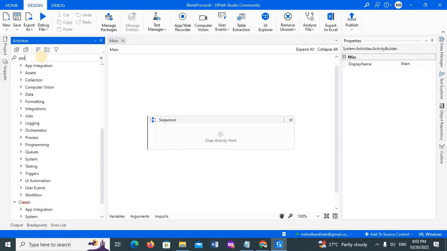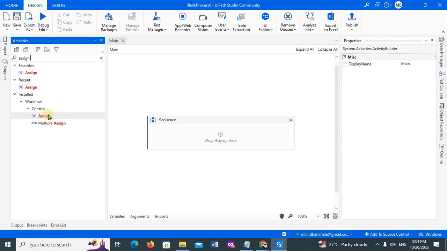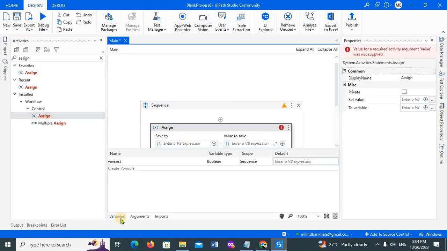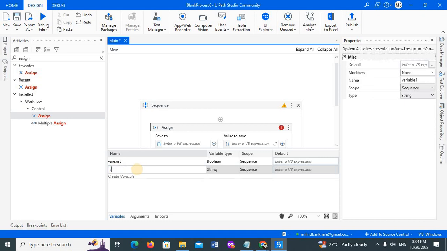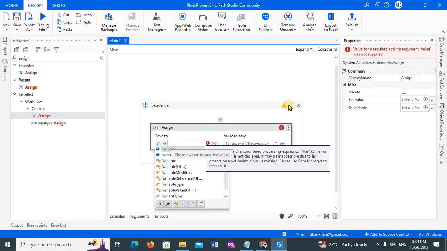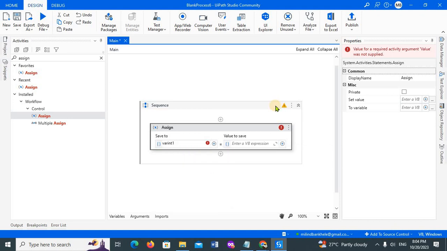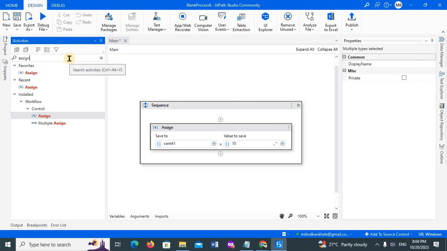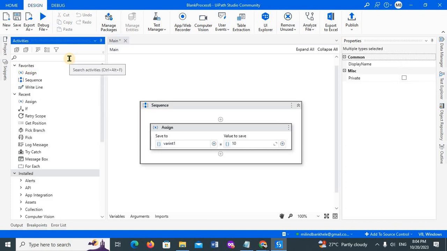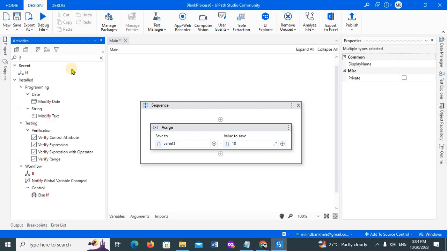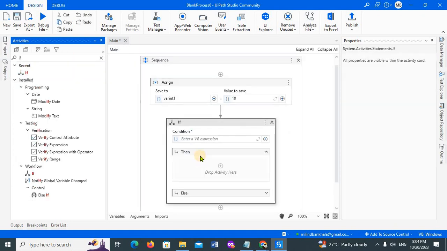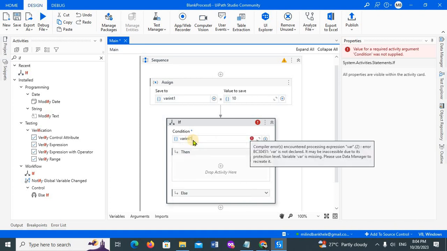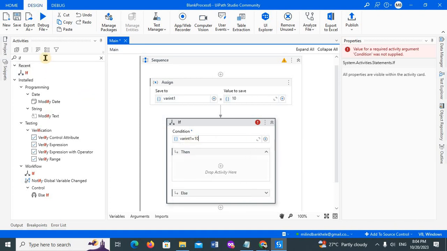For example, I'll take a simple example here. If I have one assign activity, and here I'll just create one variable, where int 1 is an integer, and I'll just mention that where int 1 is equal to 10. For example, this is my use case, and as per my use case, if I get the value 10, I want to stop my bot forcefully, right? So that's what I'll use. Inside this if, where int is equal to 10, then I will use